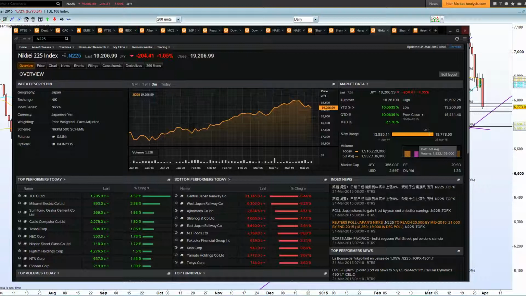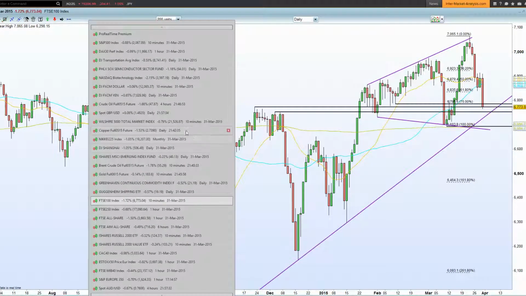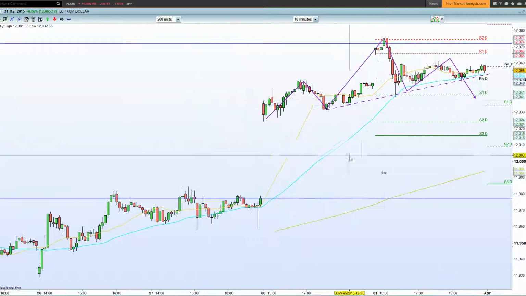Okay, given the fact also that you had strong UK data and strong European data, that certainly did bode well, and that did alleviate the majority of the concerns emanating from the Greece and Yemen wildcards. Okay, now stronger consumer confidence data will not necessarily be strong enough on its own to help the US markets move higher. Not only that, I also need to point out the dollar index as well. Now this is something that I've already highlighted in the FTSE 100 video, and it's very important as well.